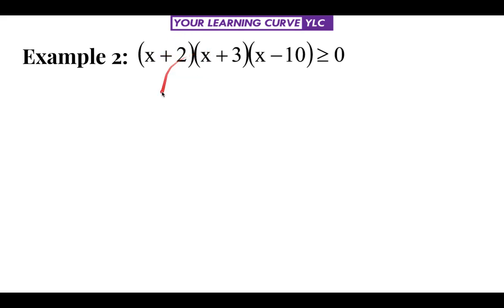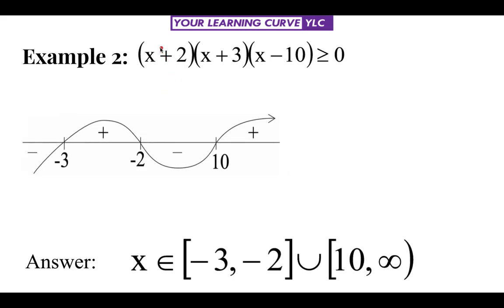I hope you have solved the question. Let's see the solution. This factor will be 0 for minus 2, this factor will be 0 for minus 3, and this factor will be 0 for 10. One more thing before I proceed. Remember, you don't need to follow each and every step and write the answers for every step. You just follow these steps. Whatever is necessary, you do, you draw, you write, and write the answer.